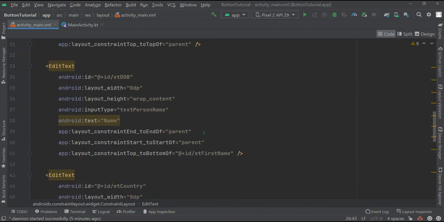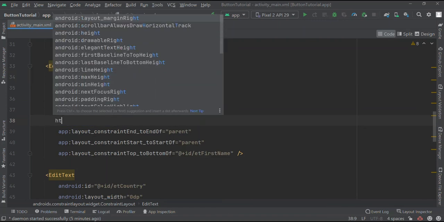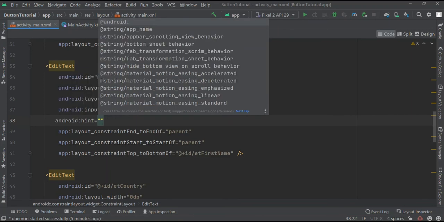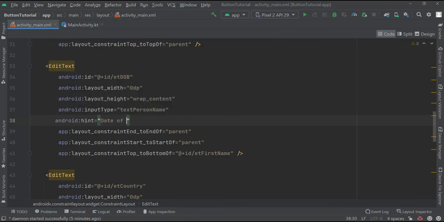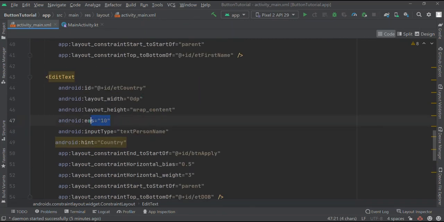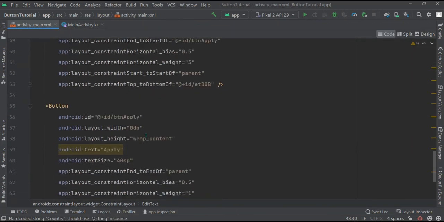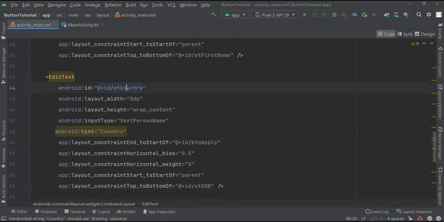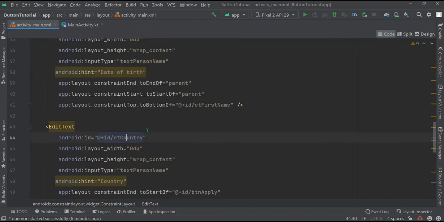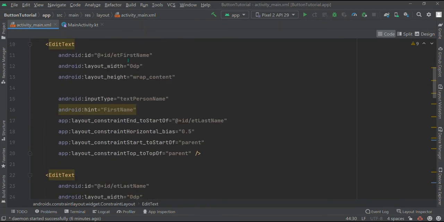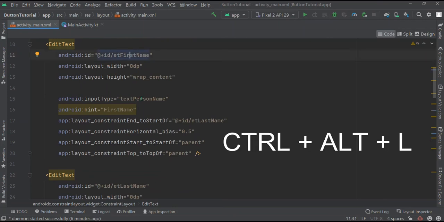Next one is date of birth, and again its text should not be there, it should be a hint. Okay, and here I should put date of birth, and then country. In the country we don't need this property, and the hint is country. Yeah, and that's all. And if you notice, I have given every edit text box an id,